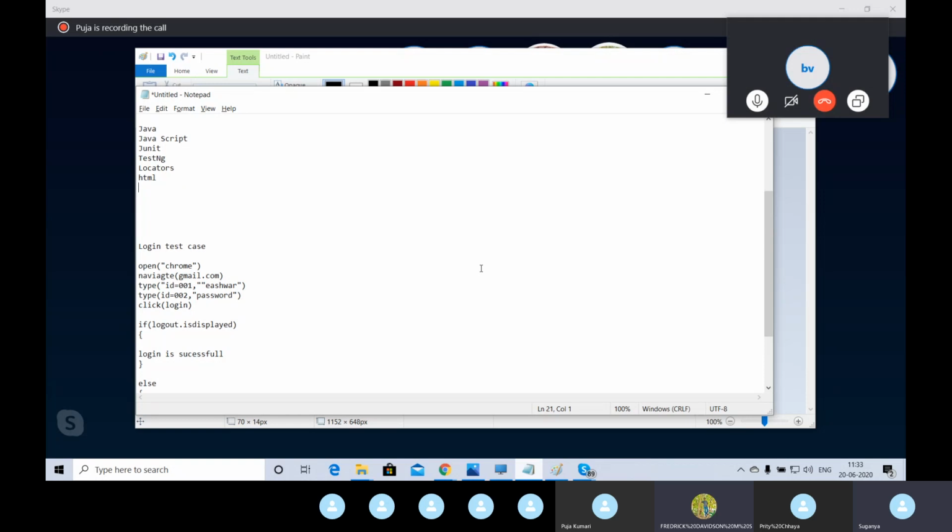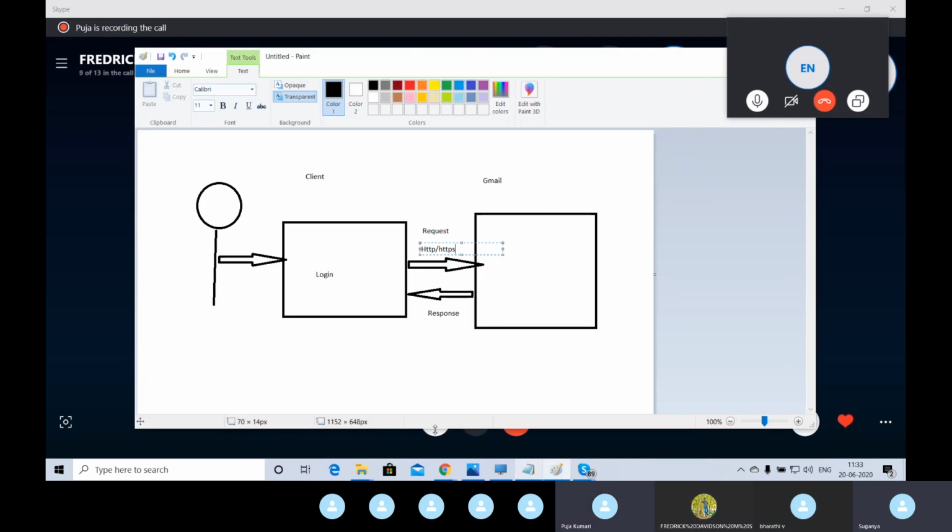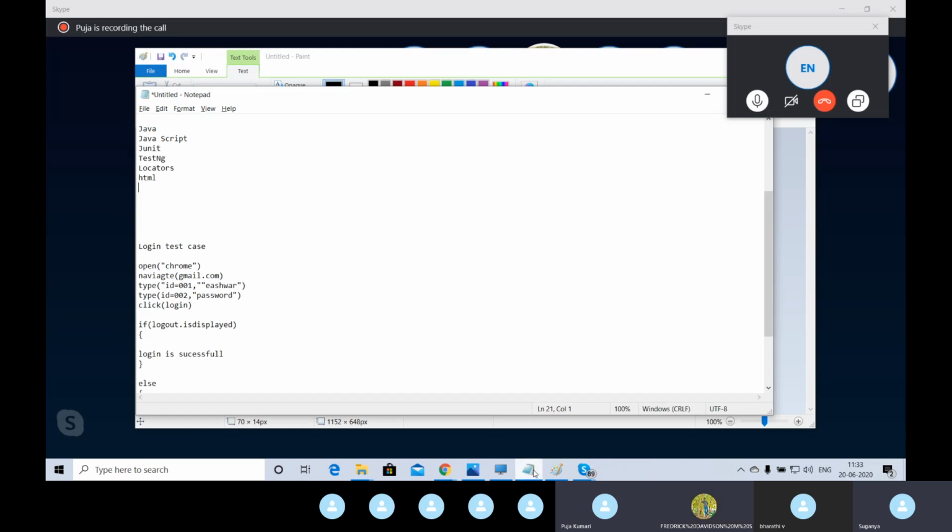We use HTML to display text on the web page. It's a combination of web pages consisting of web elements and whatever contents. Correct. As you say, it is a markup language. It means we can design the script based on the tags in HTML, because HTML consists of many inbuilt tags. If you want to develop any web objects in the web application, you can use any of these tags. With respect to the particular web element, you can then create one HTML page.